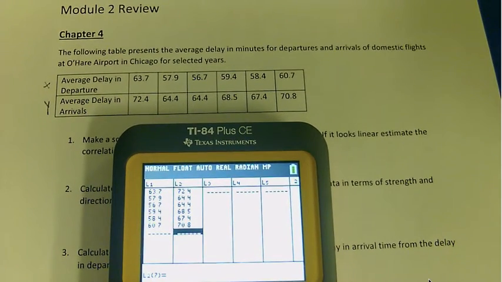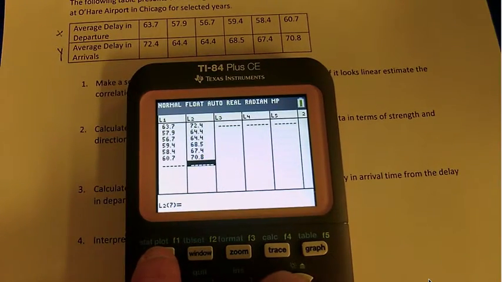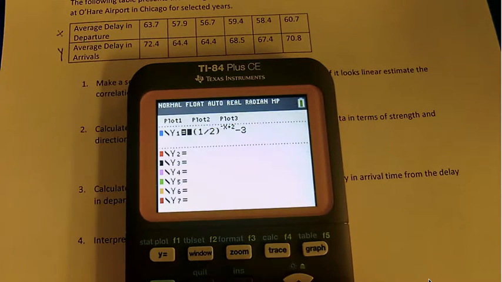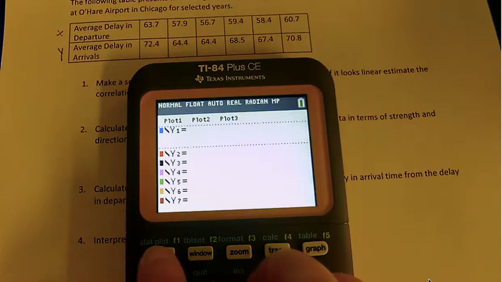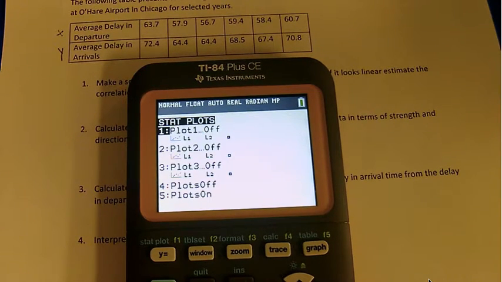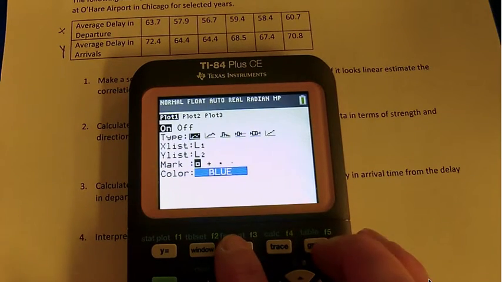And to get a scatter plot, that's going to be a statistical plot, so stat plot. I need to make sure I don't have anything in here, so I cleared out Y1. I'm going to press second stat plot. I want to turn that on, so I'm going to press enter and turn it on. The very first option is for a scatter plot. It's going to use L1 for X, L2 for Y. That's all looking good. And then I'm going to press zoom